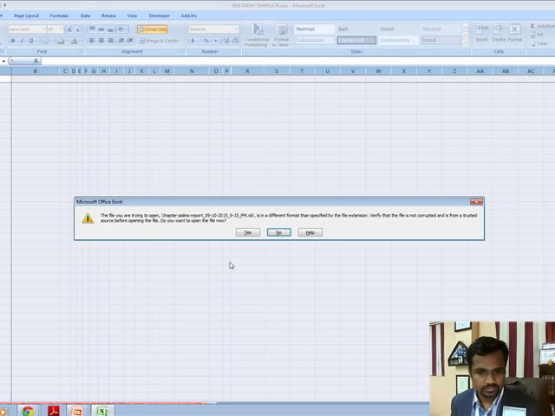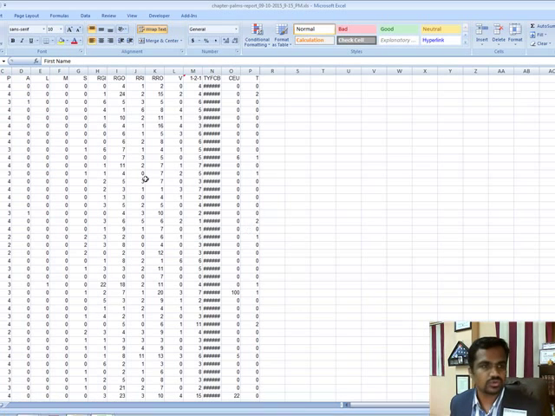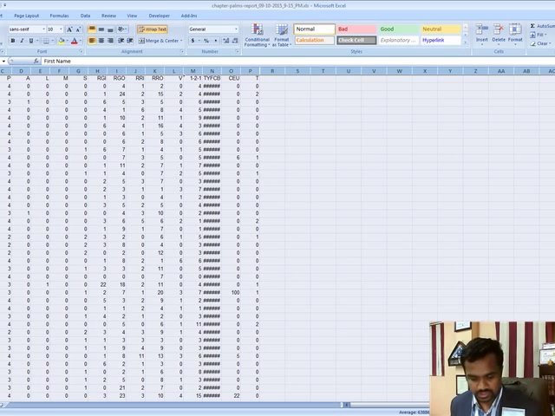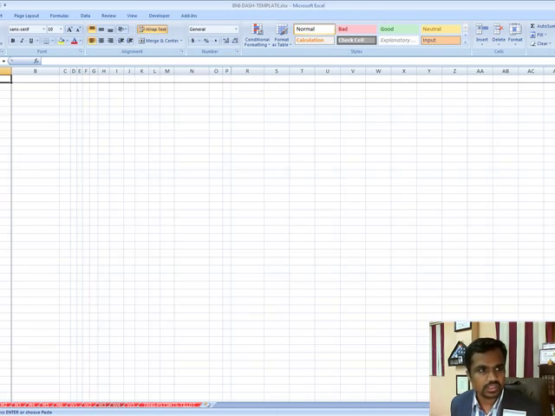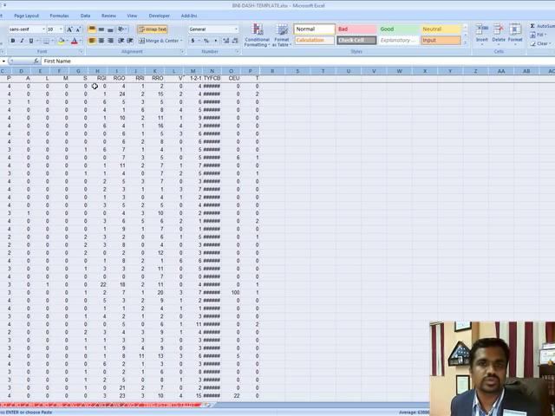spreadsheet up. A small error message will pop up. Say yes, open it. I'm going to select the sheet and do control. Now we have got